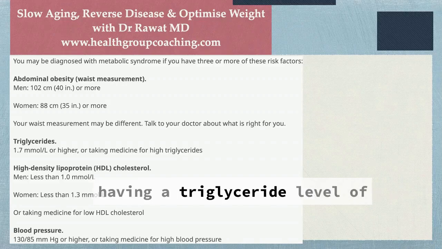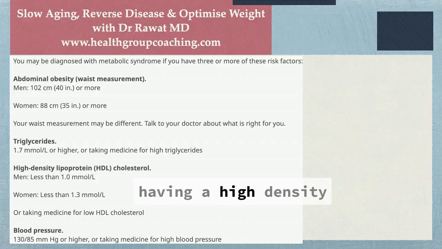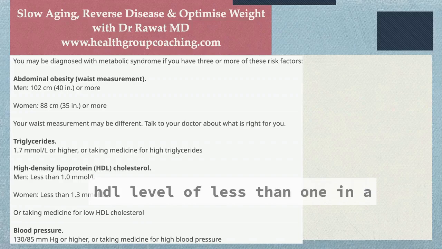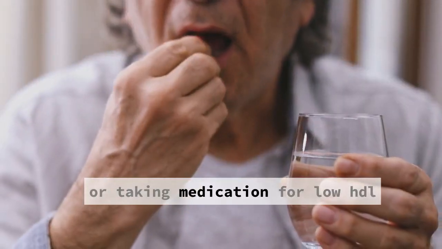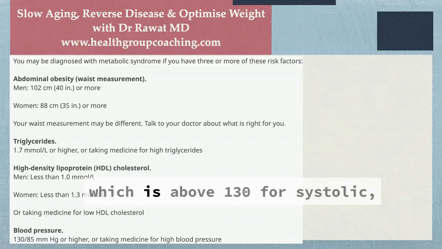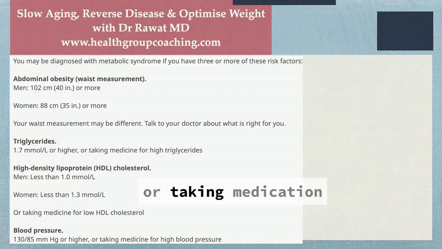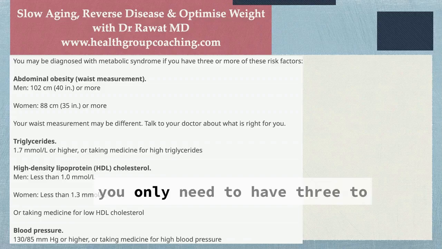Having a triglyceride level of more than 1.7 millimoles per liter, or taking medication for that. Having a high density lipoprotein, or good cholesterol, HDL level of less than 1 in a man or less than 1.3 in a woman, or taking medication for low HDL. And or having a blood pressure which is above 130 for systolic, above 85 for diastolic, or taking medication for blood pressure. So note that out of these 4 features, you only need to have 3 to have the diagnostic criteria for